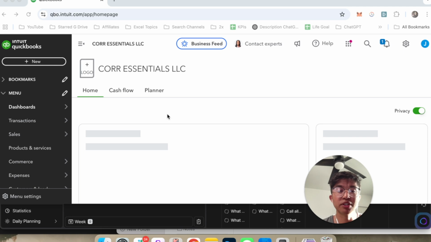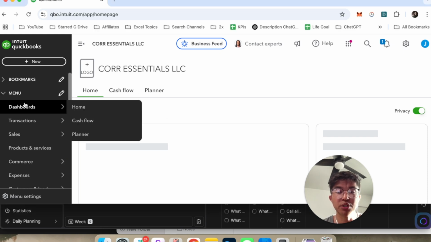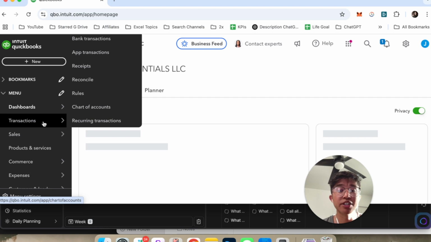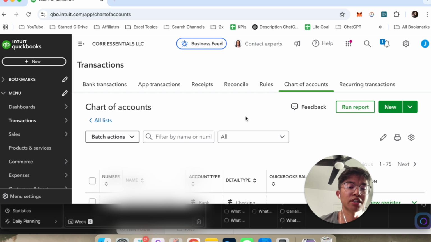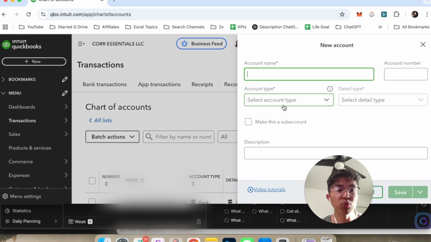So in order to do this, what you're first going to do is log on to QuickBooks. Then you want to click on Menu so it toggles down. Highlight transactions and then click on chart of accounts. Once you've done so, this is going to be a list of all your chart of accounts. You want to click on new, and then one by one, you want to start adding your accounts to your